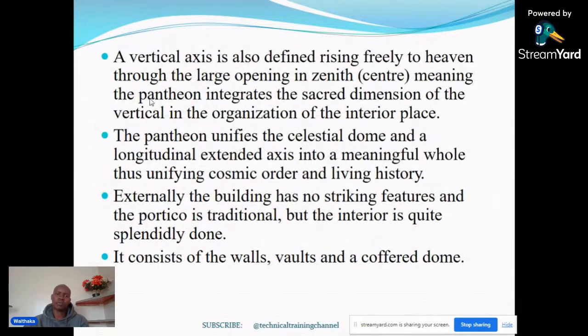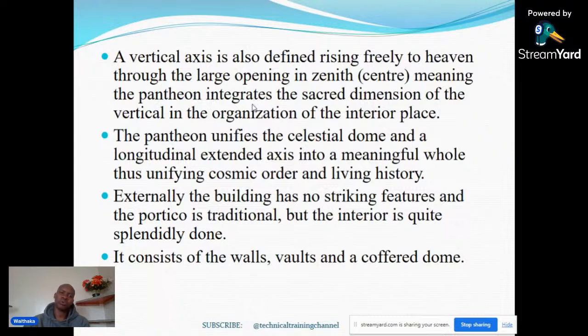Then again, you are saying a vertical axis is also defined rising freely to heaven through the large opening at the center, meaning the Pantheon integrates the sacred dimension of the vertical in the organization of the interior space. So we've seen how the primary corridor is affecting all the way from the porch through the central rectangular to the apse, and now the other axis that we talked of, that is the